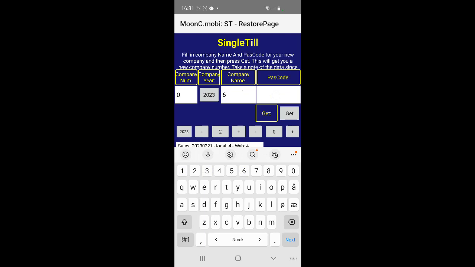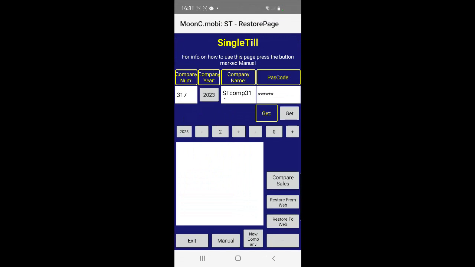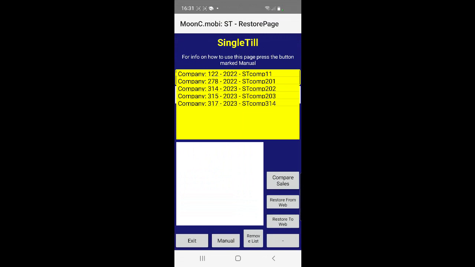And then you press get, and it will be the new company. If you press and hold company year, you will see the different companies you have, and then you can go between them. And I'm going to go to a company I've stored earlier.